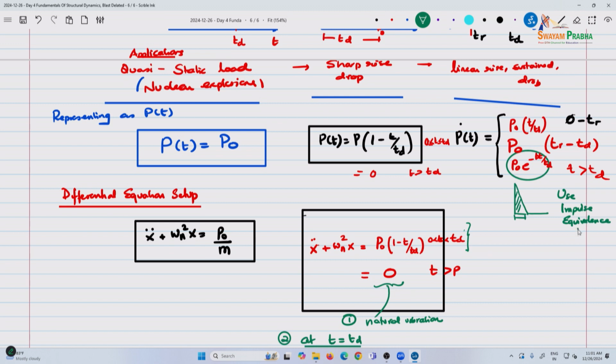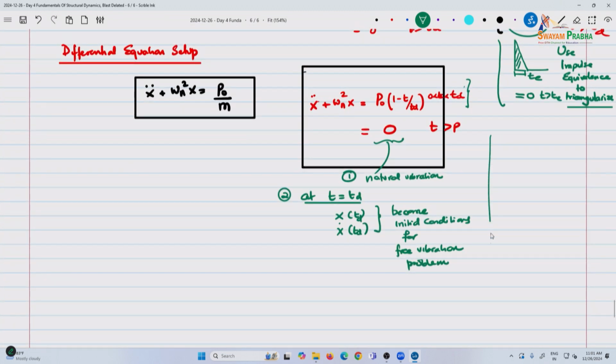Use impulse equivalence to, I don't know if this is a word, triangularize. Triangulate, no, not triangulate. Triangularize is probably better. And then, so this leads to, let's say this is TE, then equal to 0 for t greater than TE, right? So now you would set this up as,